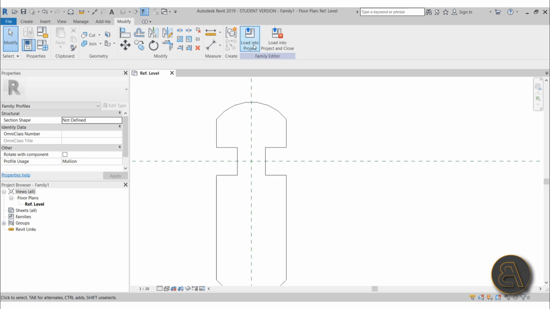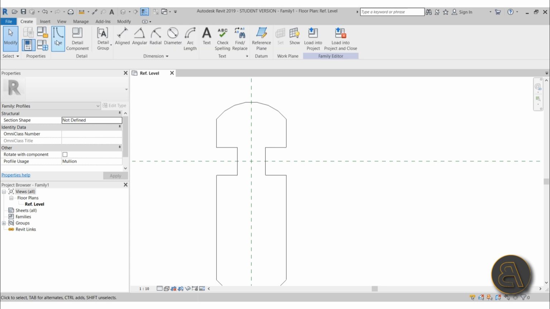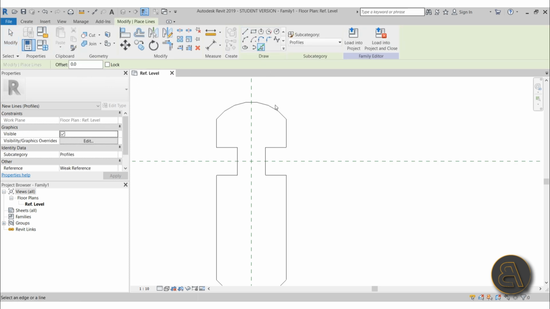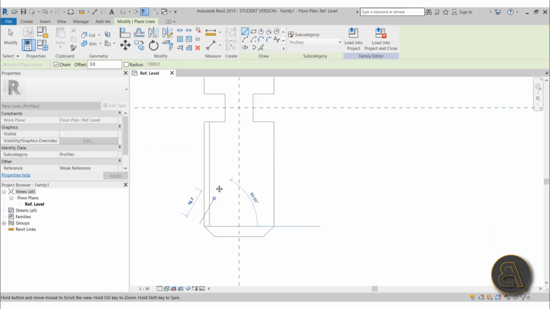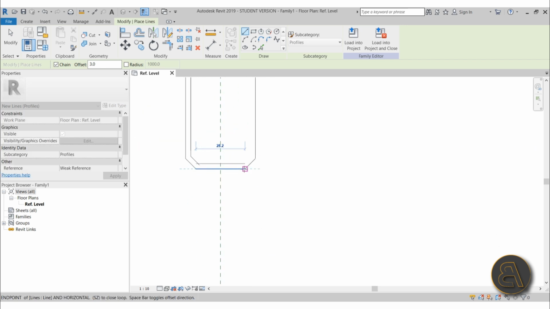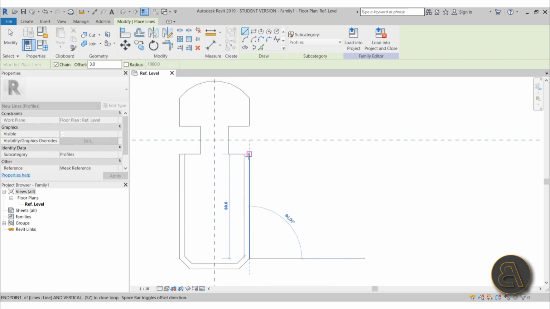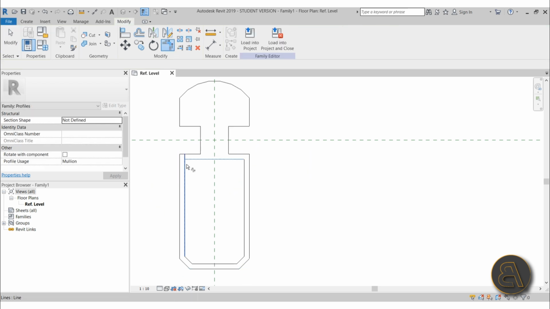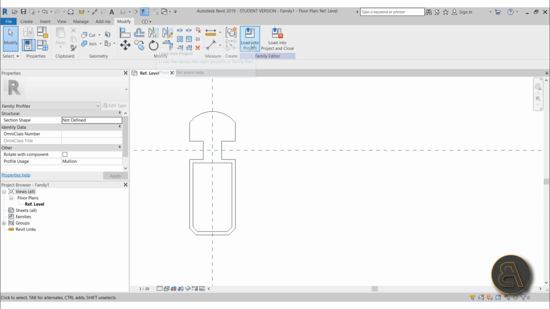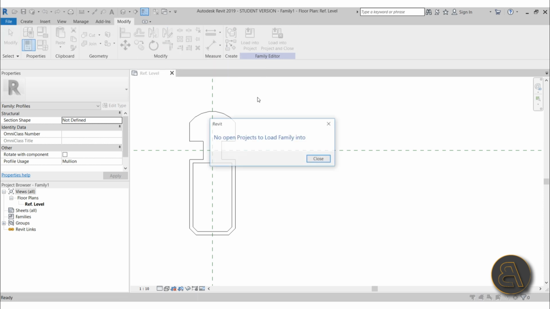But if I go ahead over here and add some elements, so let's go with line, offset tool, or maybe just a regular line with an offset of like 3 millimeters. If I were to do something like that, maybe just like this, and trim and extend this, so let's say this is our mullion, and if I go to load into project,